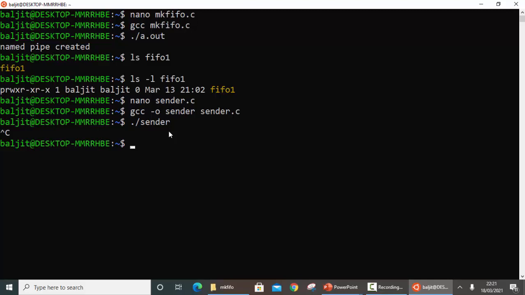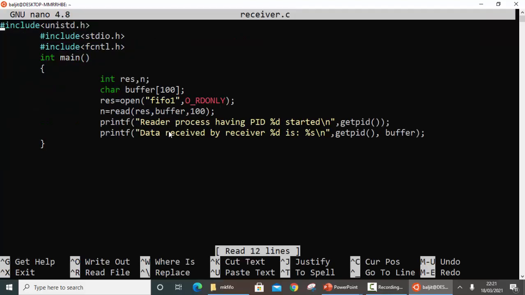What I want now is a receiver also. So my third process is receiver.c. Again include the header files, and in this case also this process is going to open the pipe. This time I am opening the pipe in read only mode.